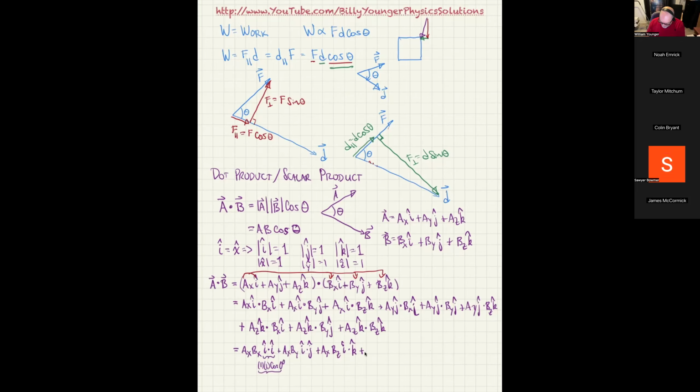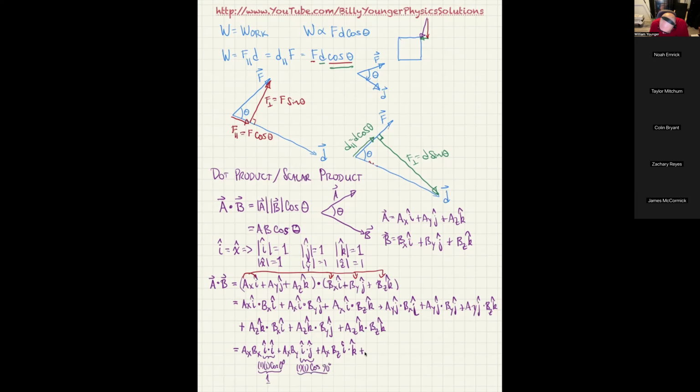But in this case, what we see then is i hat dot i hat is going to be 1 times 1 times 1. So that's just 1. Anybody want to take a guess what i hat dot j hat is going to be? Close. i hat has a magnitude of 1. j hat also has a magnitude of 1. But remember, i hat points in the positive x direction and j hat points in the positive y direction. So what's the angle between them if I put those vectors tail to tail? 90. Very good. And cosine of 90 is